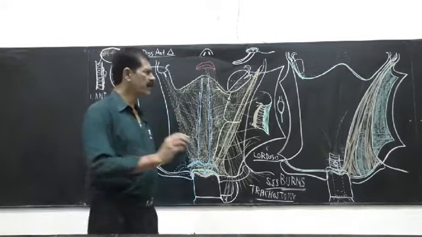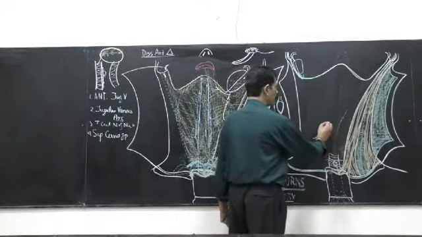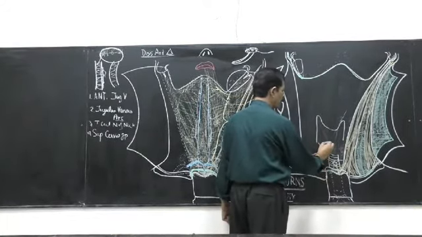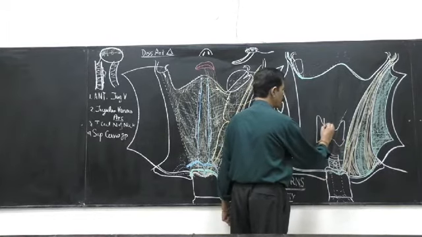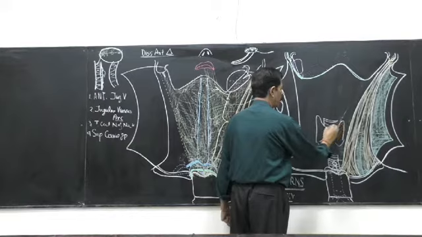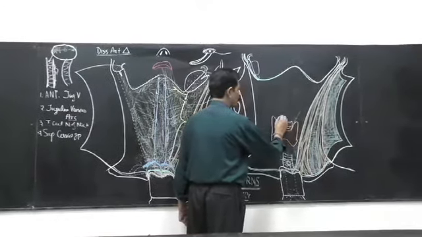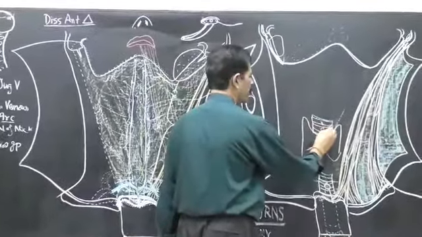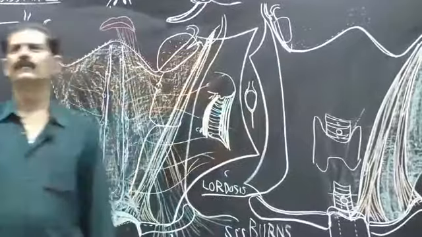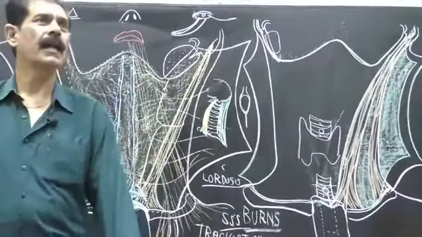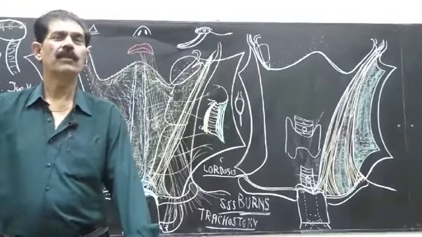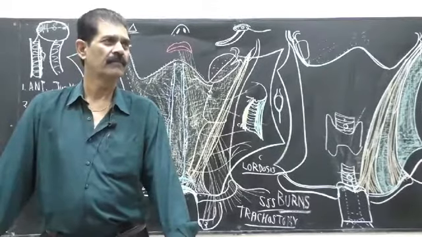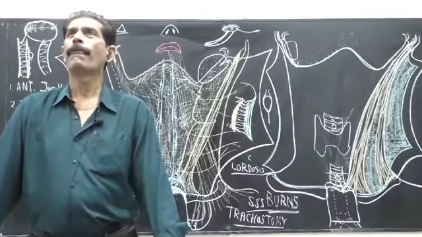So the preferred site of the tracheostomy is this, which is called the low tracheostomy. The preferred site of the tracheostomy is at the level of the second and third tracheal ring. This is the safest area for tracheostomy, above the isthmus of the thyroid gland. There is no bleeding, no ligament, no muscle there. So they call it high tracheostomy.